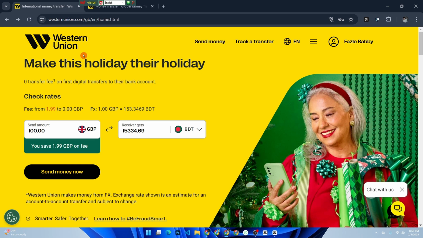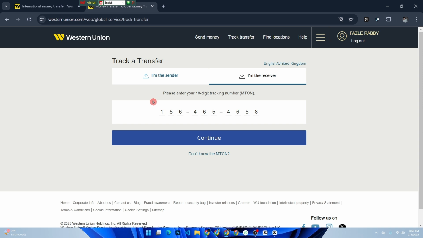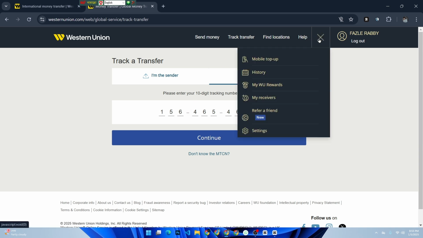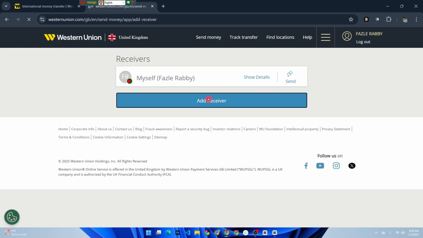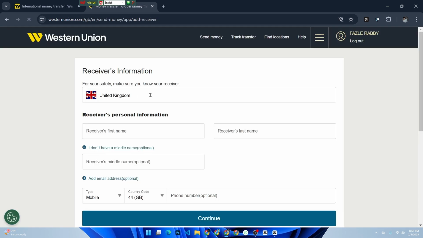If you are visiting an agent location, bring your government issued ID and the money transfer control number, or MTCN, provided by the sender. If you are withdrawing online, ensure you have the MTCN and a linked bank account, mobile wallet, or card. Now, at an agent location, fill out the receive money form with your name, the sender's details,